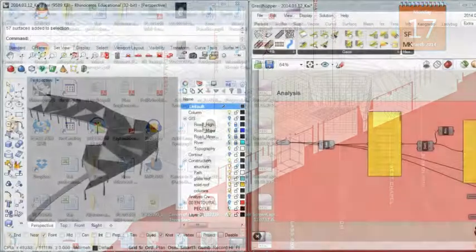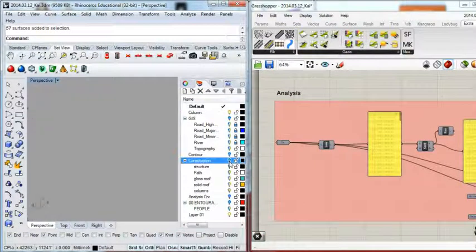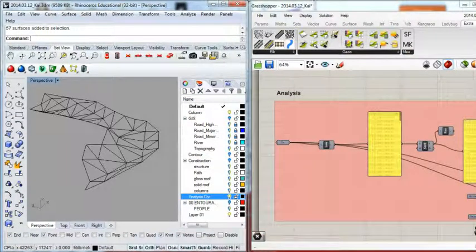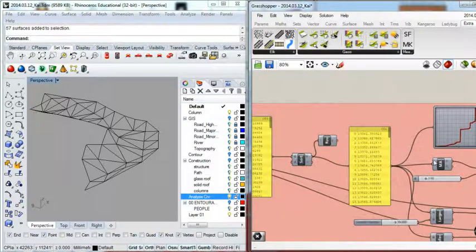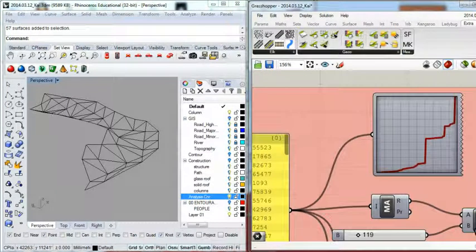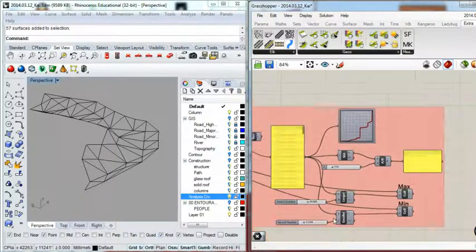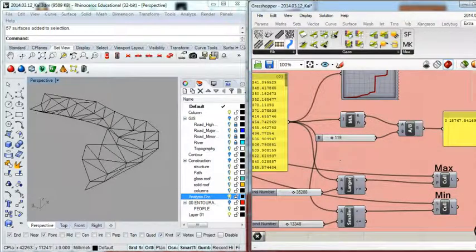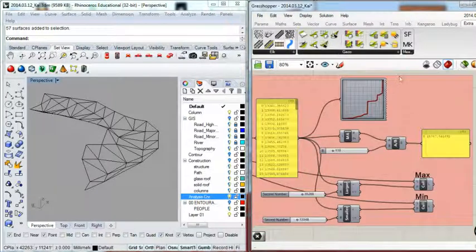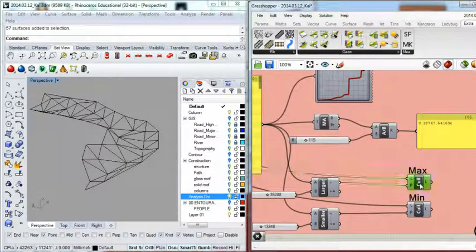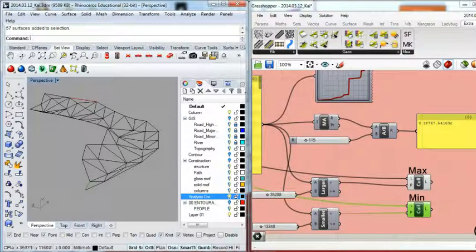Step 7 is to analyze the structural member size. The roof structure was composed of 119 beams, called connecting members. To make it practical, one needs information about the span which can be used to calculate the thickness or height of the connecting members. By using an algorithm, I got a graph of all member span data, as well as the smallest and the biggest span. And this is the smallest, and that one is the largest.